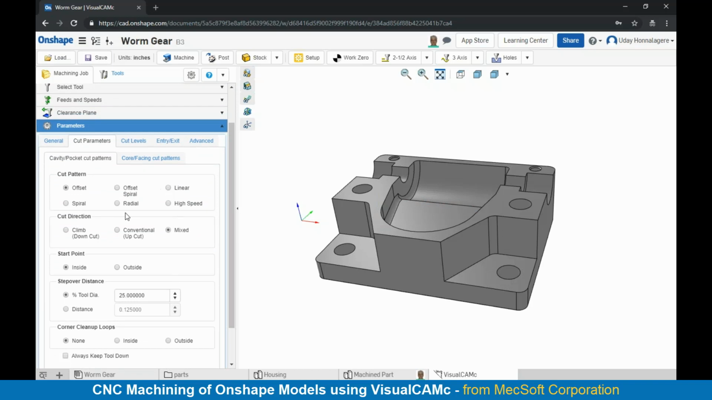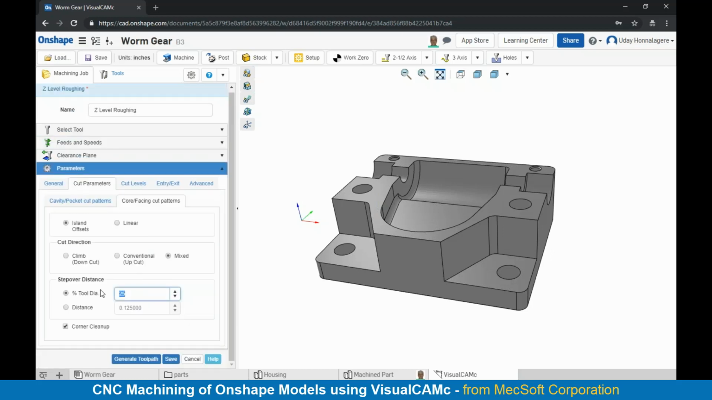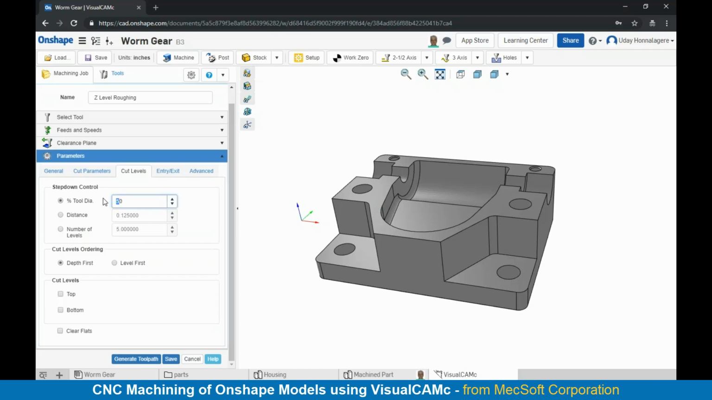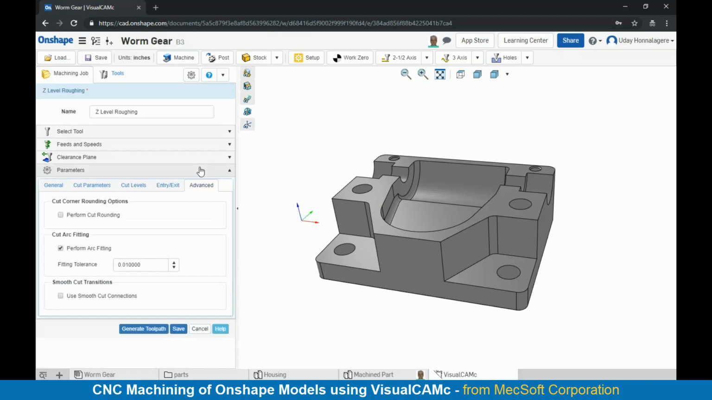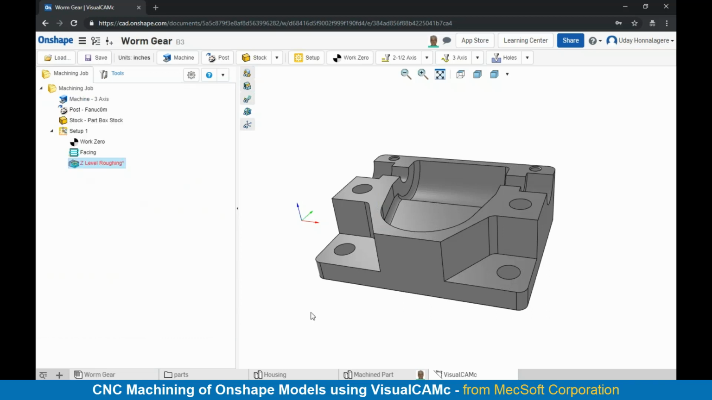So we have different cut patterns for cavity regions, starting with offset, offset spiral, linear, and even high-speed cut patterns available in here. You can control your step over parameters for each of these cut patterns. You could control your cut levels where you can specify how fine you want it to step down. You can specify additional containment parameters in here, and each of these can be set. And of course, you can control your entry and exit and any advanced cut parameters, and then select generate to